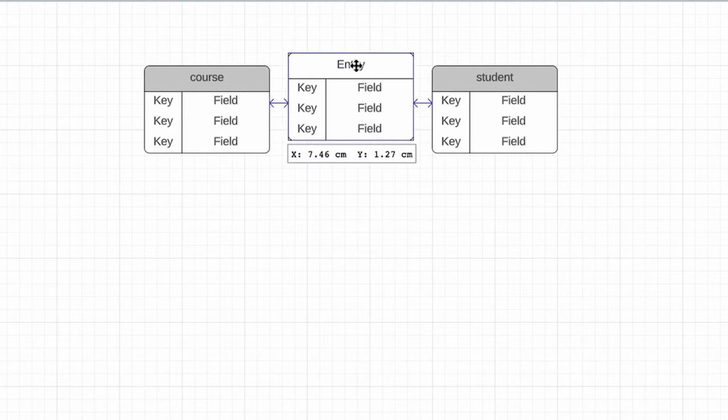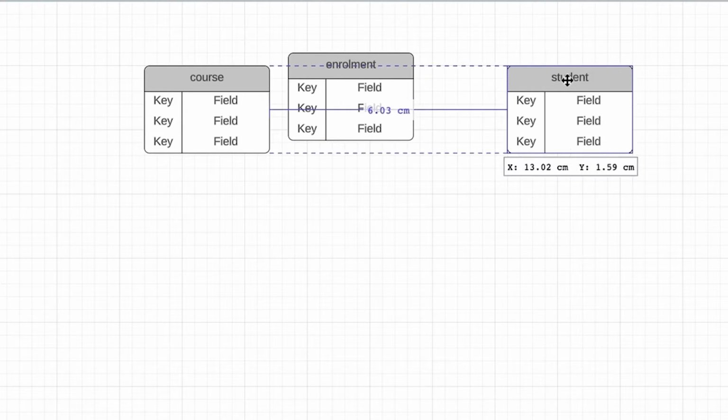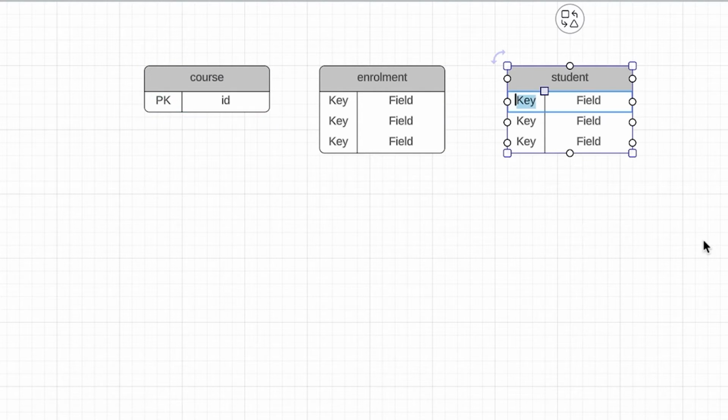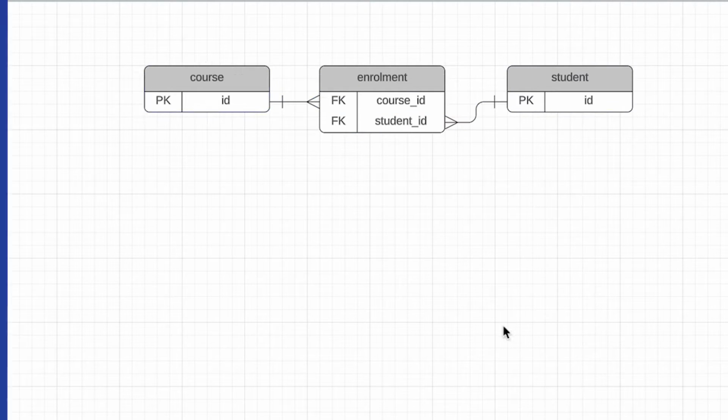We'll call this one enrollment. We could call it student course, but I think enrollment is a better term to describe what we are storing. We won't always have a good term like this though. We don't know what to store in each of the columns yet, but we know that both the course and student need an ID as a primary key, and the joining table needs foreign keys. Requirement 1 is now met.